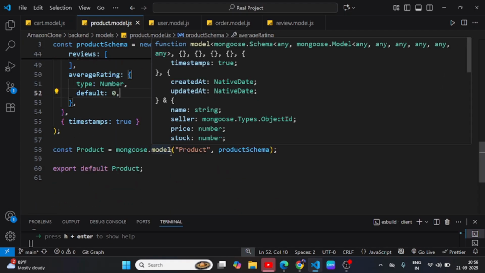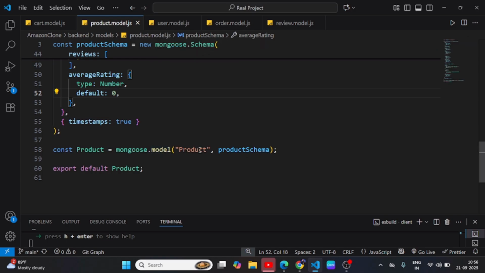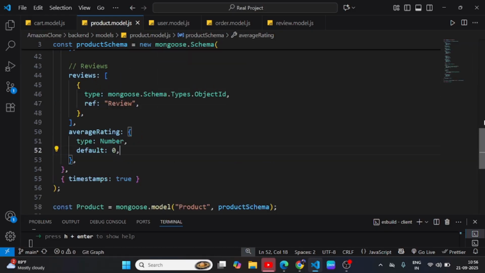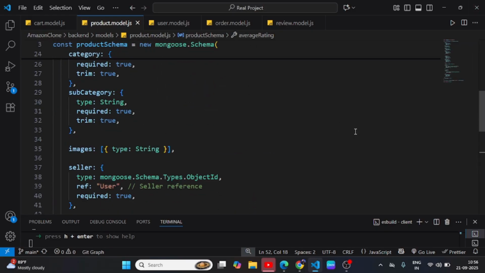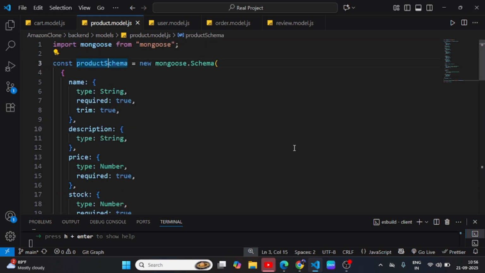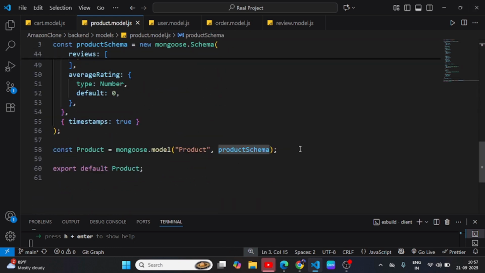Mongoose model is a method, and we are passing two arguments. The first is the name, and here is singular, but in MongoDB it's gonna be plural, and it's a name, right? We put here, that is a name, right? Product schema, if you look at this schema, same, we put it here, and then we export as a default, right? So this is the product model. Next to cart model,